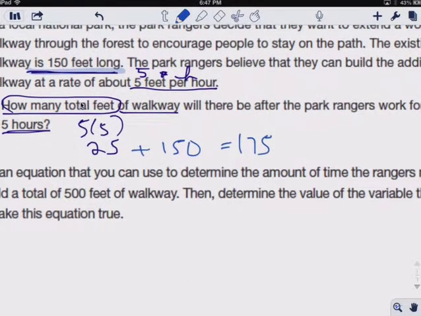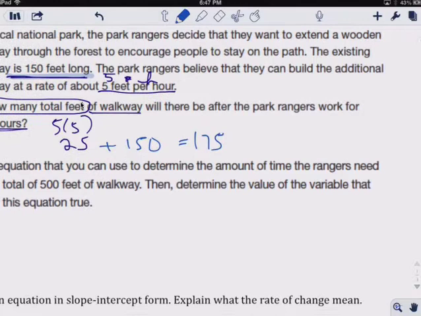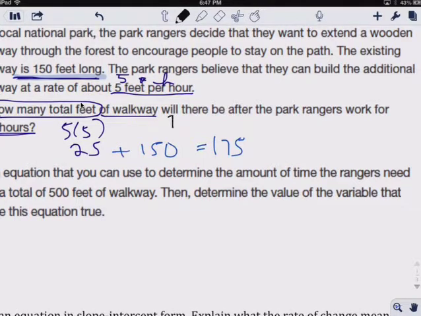So you say, how many total feet of walkway? 175 feet is the total